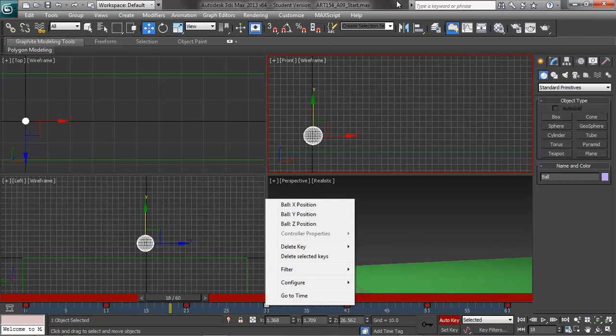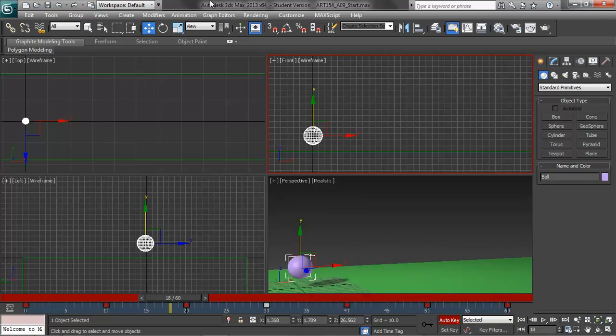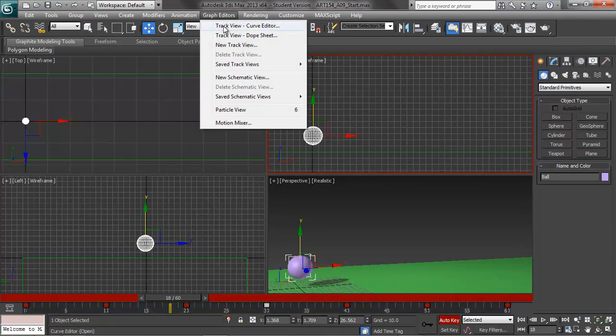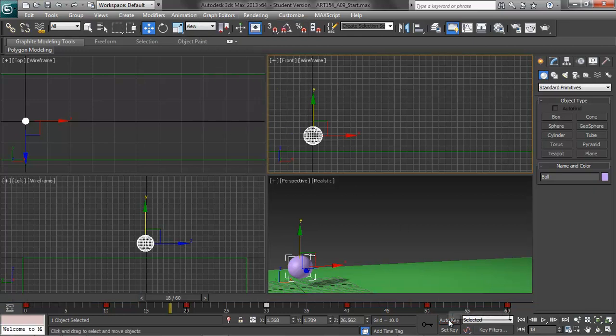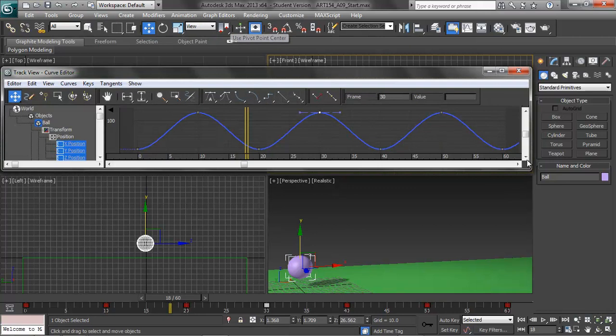But the rest of the work we're going to do is actually in what's called the curve editor. So you go to graph editor, and you'll see there's 2 types. We'll talk about the dope sheet next week. Track view curve editor. And let's also turn off auto key because we don't have to add any more keys. Everything else for the ball animation is all done inside the curve editor. So we'll open up the curve editor,